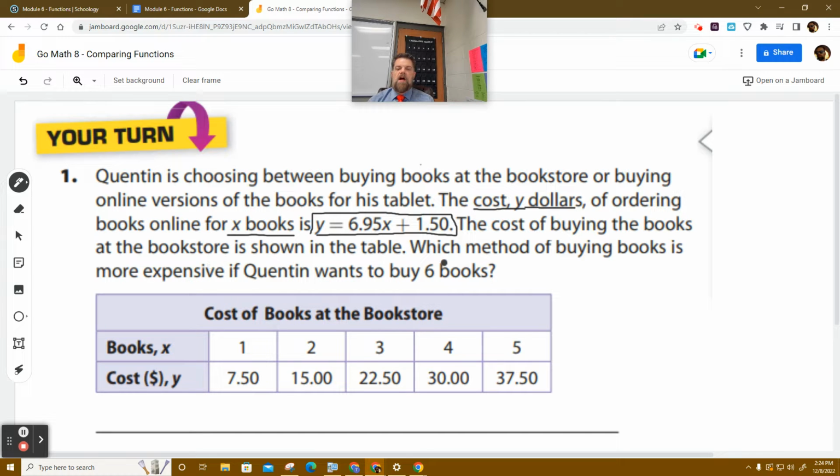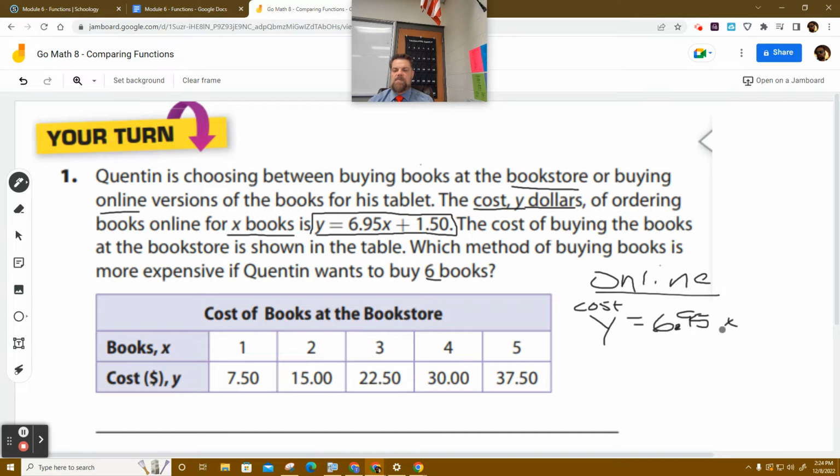All right, so let me reread it, because I'm recording. Quentin is choosing between buying books at a bookstore or buying them online. So he has two choices. This equation is online, so let me write it down here. So the online cost, y is the cost. Remember, they say that y is the cost. That's the cost. And then the equation is